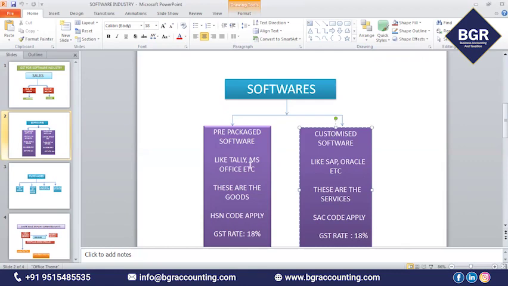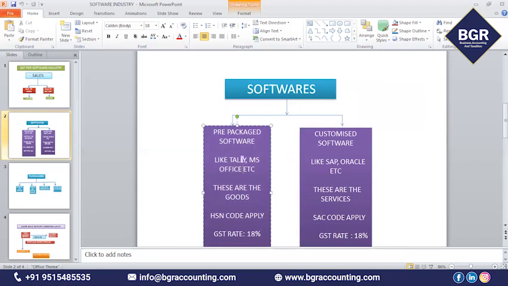What is pre-packaged software? Pre-packaged software is software developed and packed by the software company and sold as the same software to everybody, like Tally, MS Office, etc.